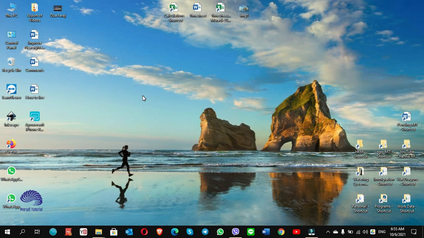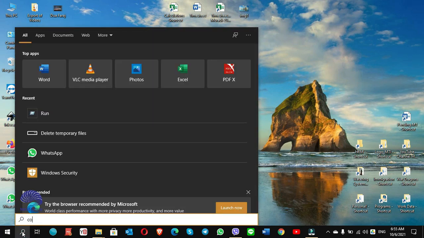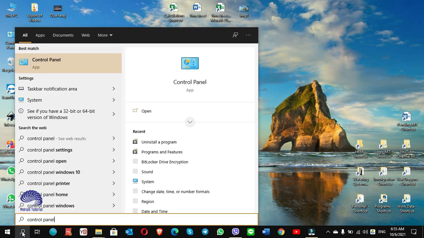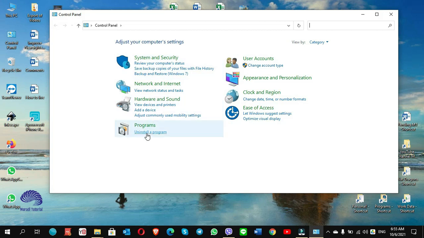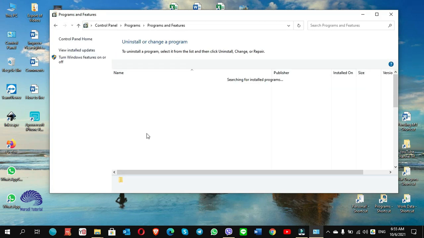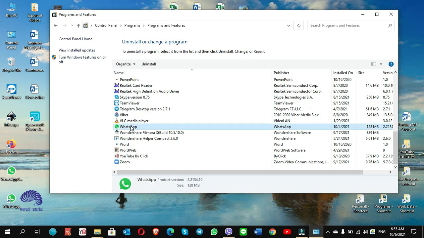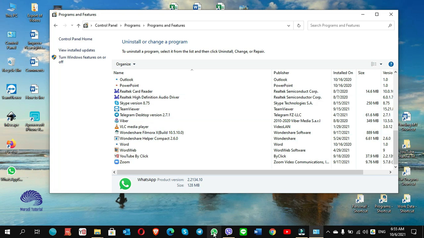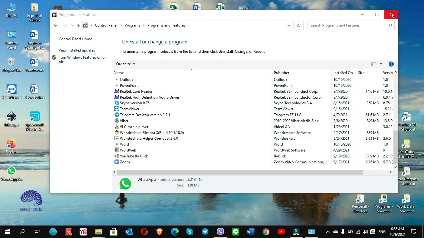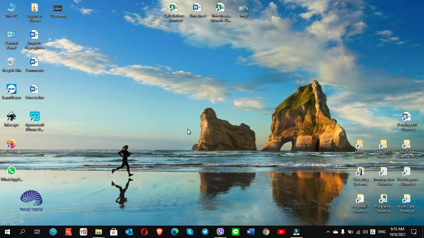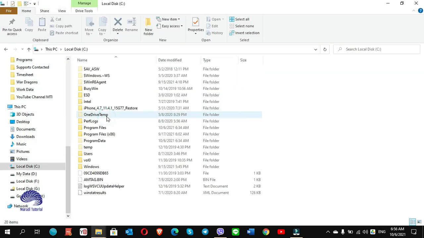To completely uninstall WhatsApp, you go to Start Search and write control panel. Click on uninstall a program. Come down. Uninstall WhatsApp from control panel. It's done. From here I also unpin it from the taskbar. This is step 1. Step 2, go to this PC, C drive,